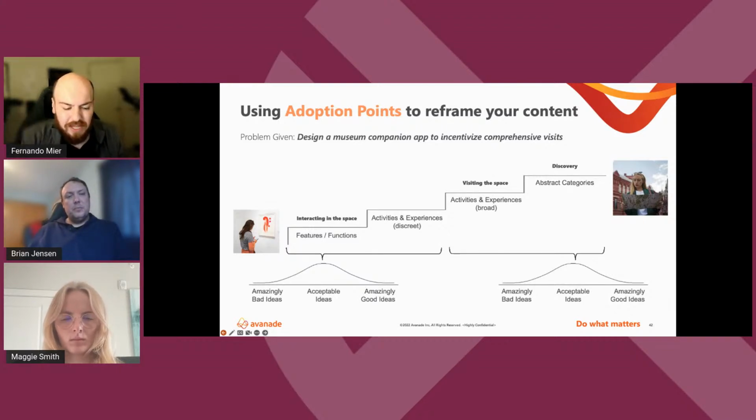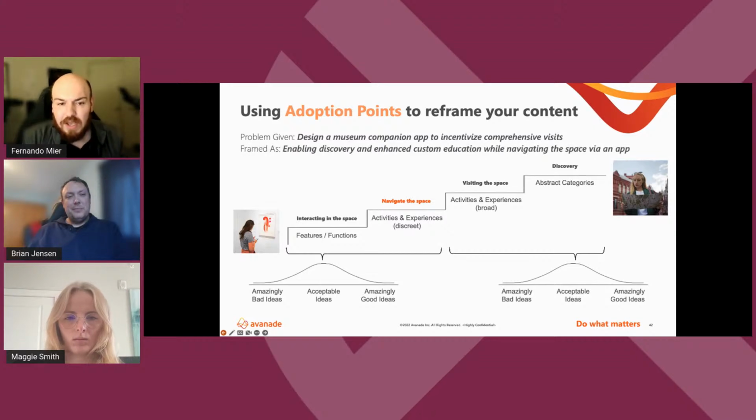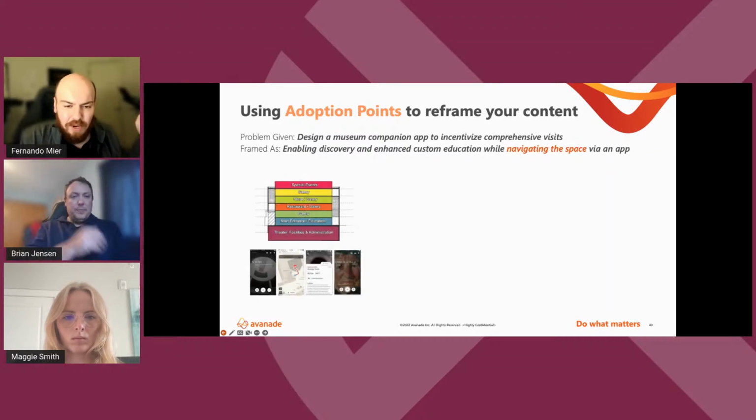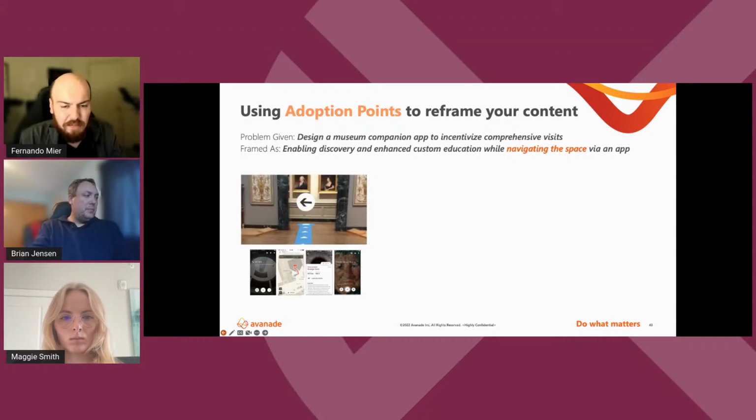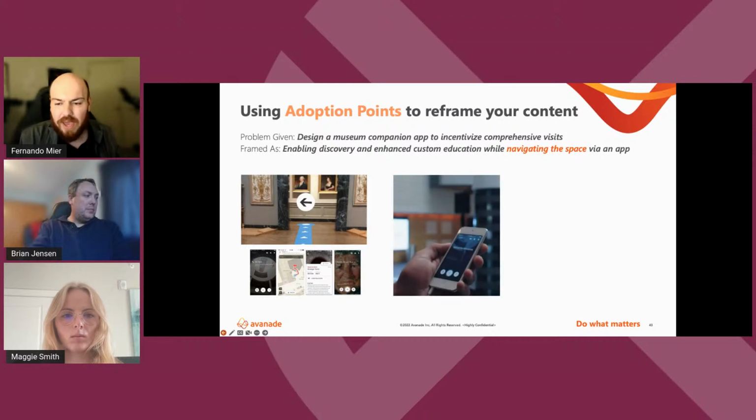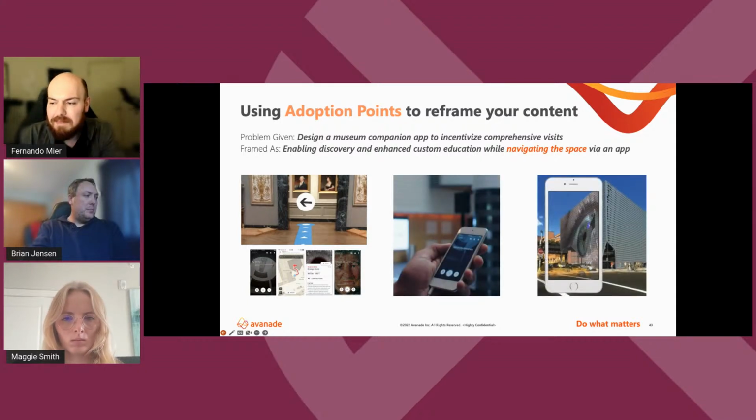And in the case of, for example, a museum, when I was working on this app that I'm showing you, we really discovered that the way of navigating the space was going to change the way that people interacted with the space. So using duality, we reframed the problem of designing a museum companion app to incentivize comprehensive visits to enable discovery and enhance constant education while navigating the space via an app. This is how we were able to take the space layout that we built and build an app like others, but start giving you some extended reality options like wayfinding, companion pieces, and even bring interactive